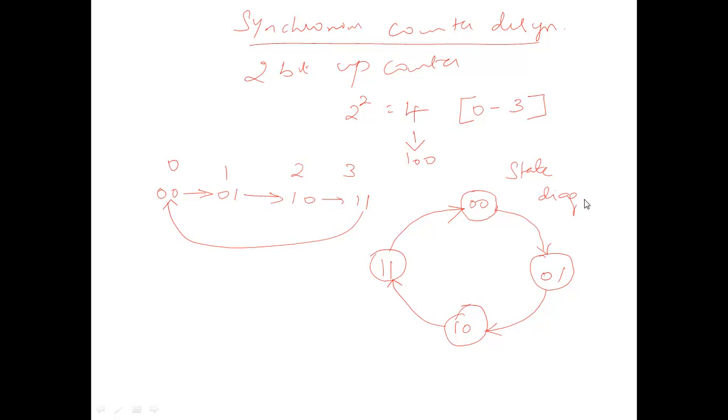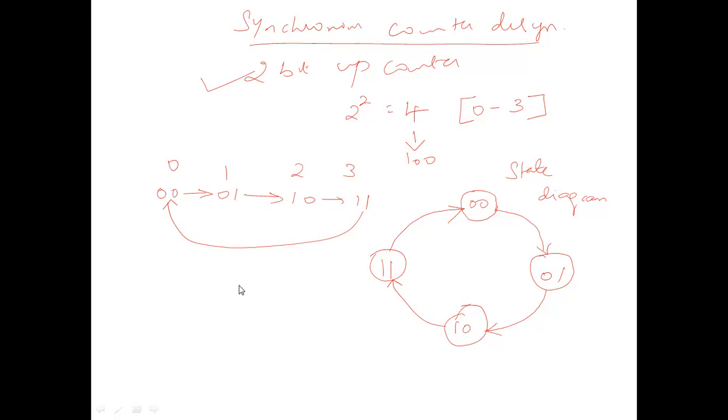So the first step for designing the synchronous circuit, as I have told you, is to draw the state diagram from the given design problem. The design problem is a 2-bit up counter. You are going to design the 2-bit up counter, so you have to understand that only 2 binary digits are used. Up counter means counting upwards: 0, 1, 2 and 3. Starting from 0, 0 it goes to 1, 2 and 3. It has to stop here because the fourth number, 4 in decimal, is equivalent to 100, which is 3 bits in binary. Therefore you cannot go to 4. It will count only up to 3 and then come back.